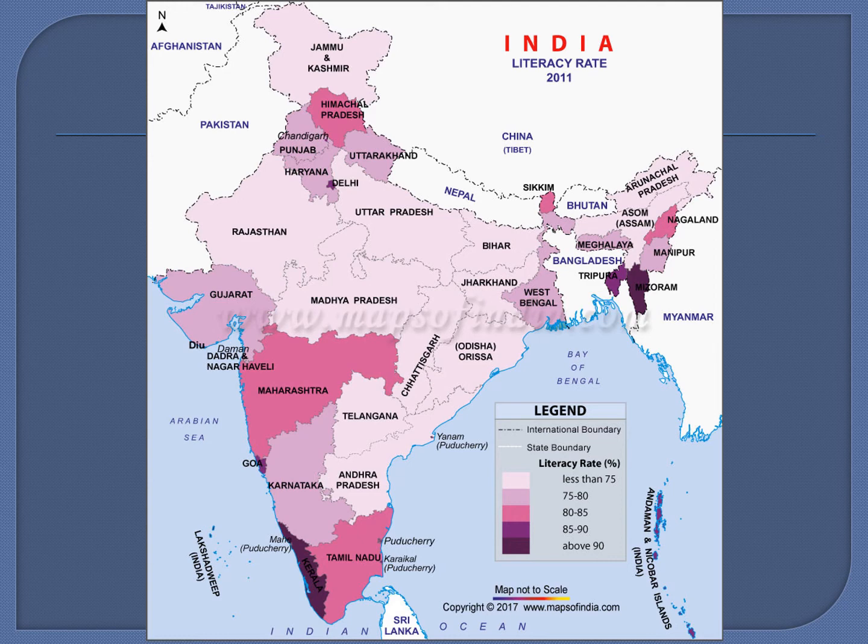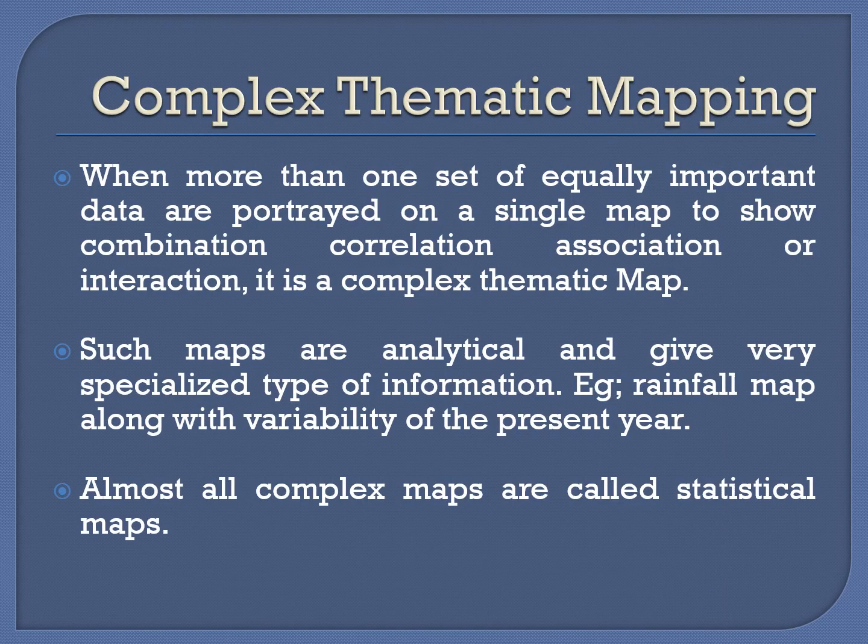And finally, when this map appears as the final output, what happens? We are also able to quantify it. We are able to understand that regions like Mizoram and Kerala dominate with a literacy rate of above 90%. Some regions like Rajasthan, UP, MP, Bihar, Jharkhand, Odisha, Chhattisgarh, Telangana and others have a literacy of less than 75%. So even after construction, the map appeared as quantitative to our final map user. These are the three types of simple thematic mapping.